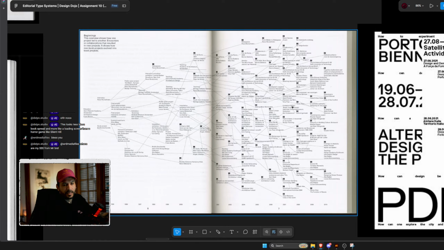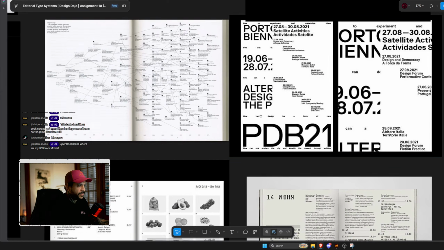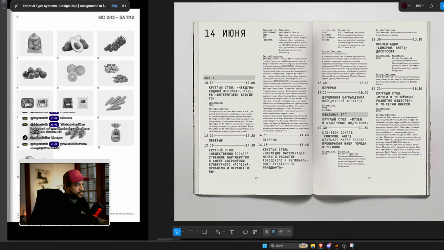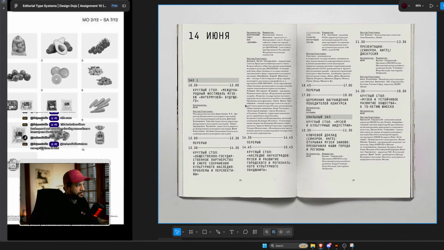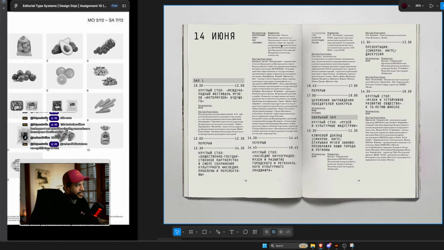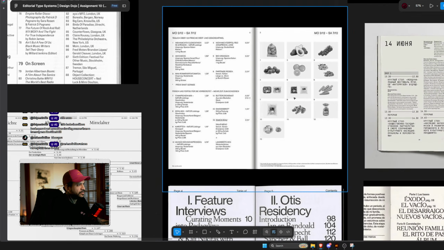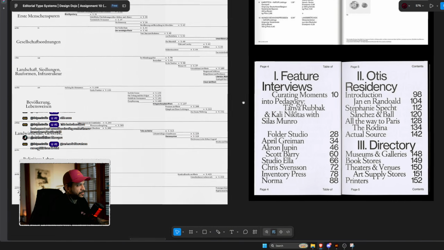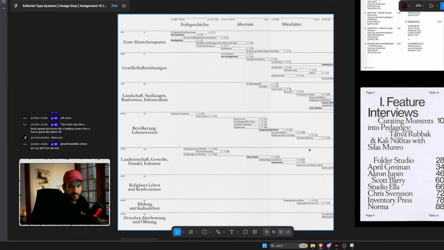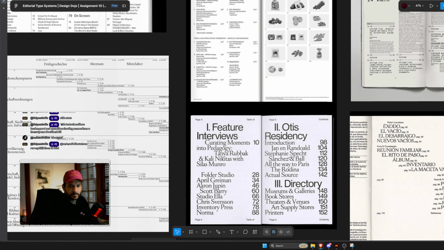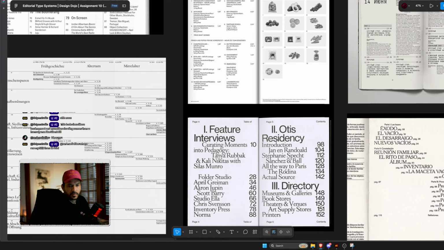This could easily be like a family tree of a Dostoevsky book for its characters. This also, you could easily do this with passages of a Dostoevsky book, in the characters, in what chapters. But yeah, this is a hard assignment, right?